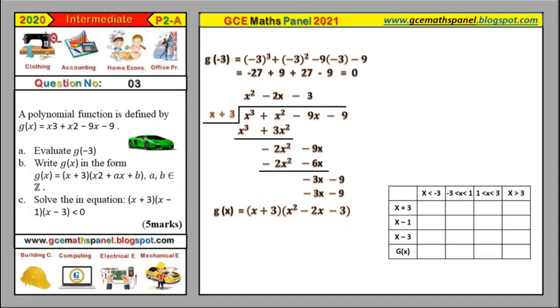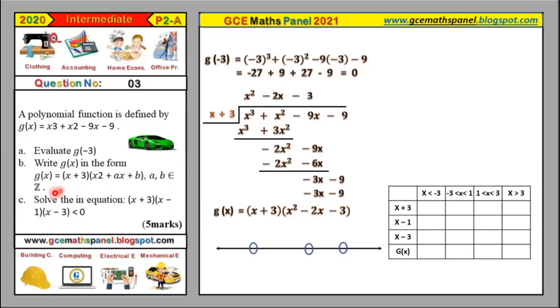All right, one important thing about factorization is that this factorization can equally be done in two ways. So I'll explain how it can be done. Solving for this g of x less than 0 can be done in two ways, just as expressing that function in that form can be done in two ways. I'll give this a second alternative method. So normally the roots of this g of x